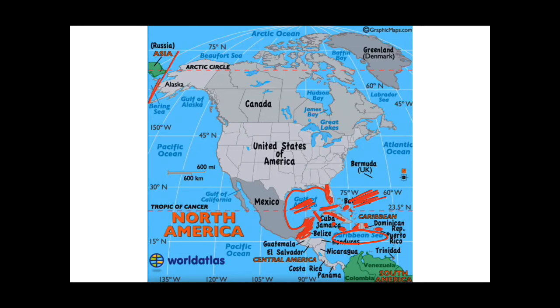Here we see the Bering Strait. The Bering Strait divides Asia and North America. This is Alaska, which is a part of North America, and this Bering Strait connects two water bodies, that is the Bering Sea and the Chukchi Sea over here. And then over Canada there is the Beaufort Sea, and these seas are part of the Arctic Ocean.